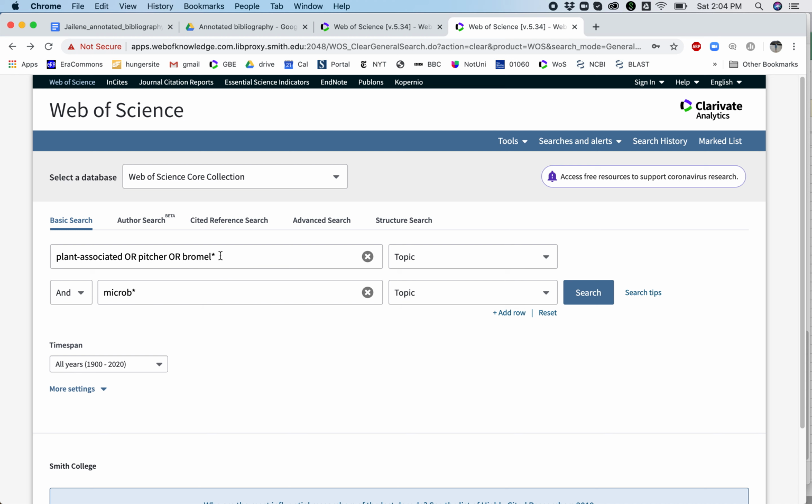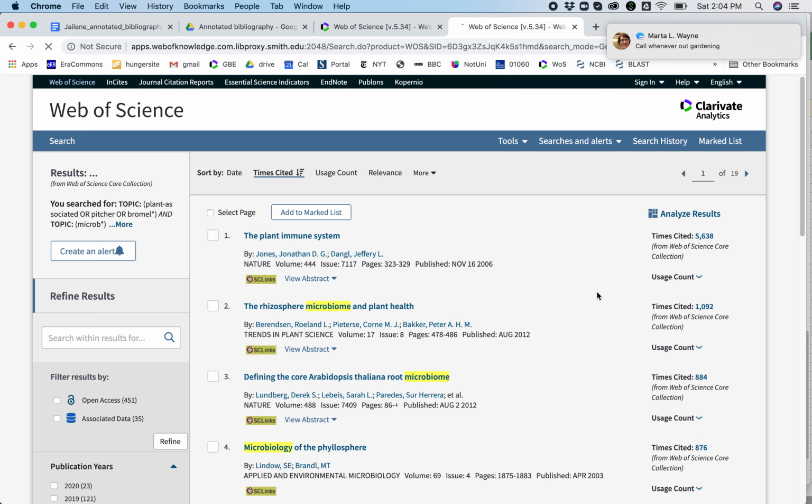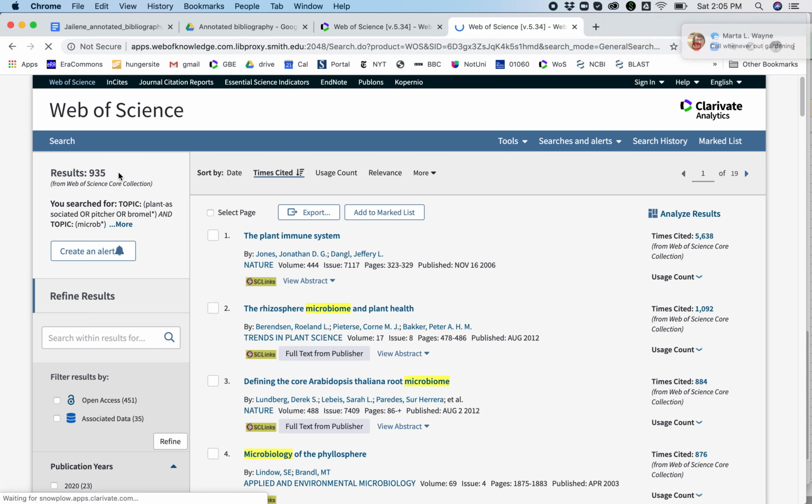I can't spell bromeliads. I just put bromel with a little star next to it. And then for microbes, it could be microbes, microbial. So I put microbe as a star and I leave these both as topics. And when I do the search, I'm going to find that I get some huge number of 935 citations, which